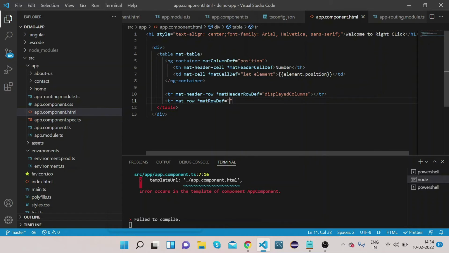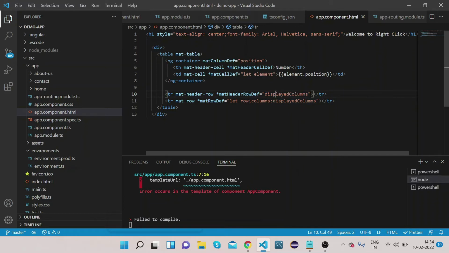This equals to let row, columns, and bind the columns with the array that will contain all the column names. Okay, close this also. Now first we will create an array displayed columns which will contain our column name,